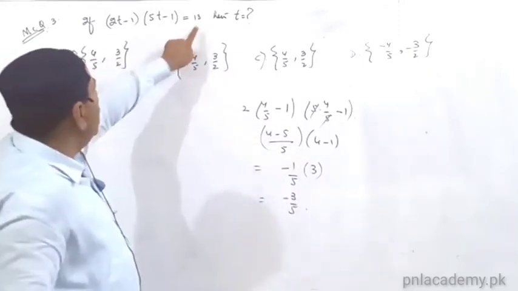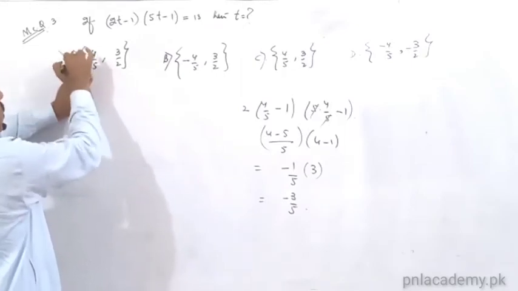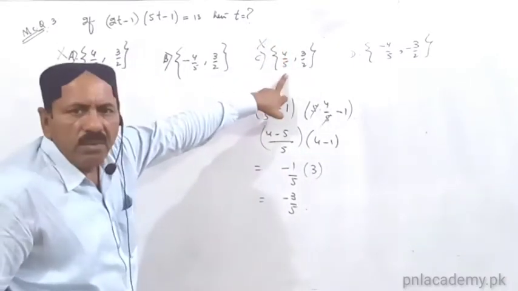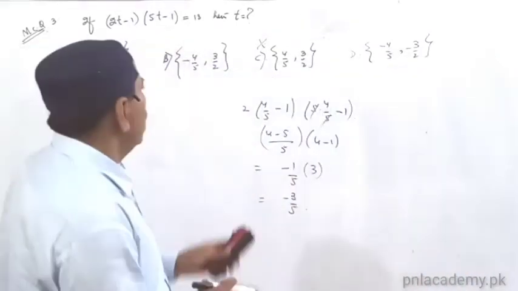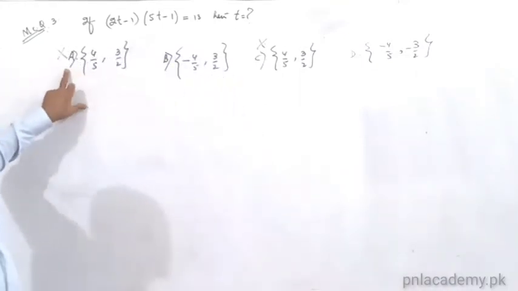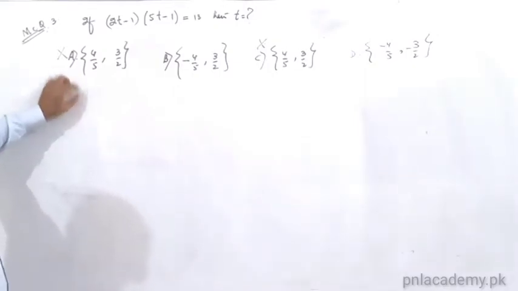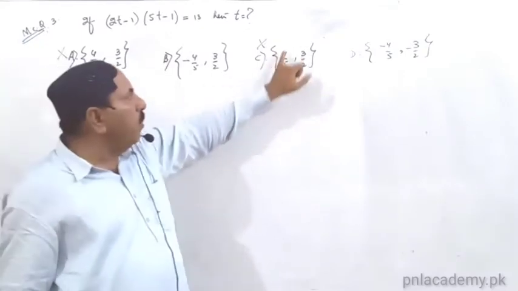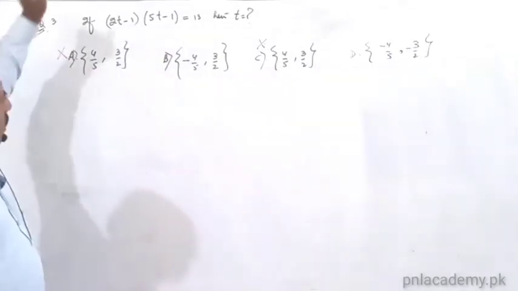We need value 13. So 4 upon 5 is a wrong root. If positive 4 upon 5 cannot be the root, we can make the decision that neither 4 upon 5 with respect to option A is correct, nor 4 upon 5 with respect to option C is correct. Remaining are the other two options, with minus 4 upon 5.